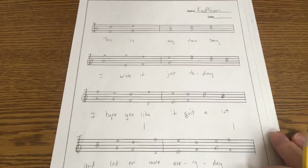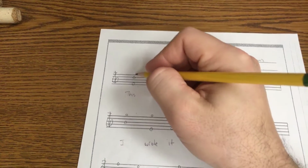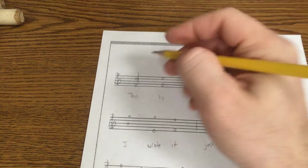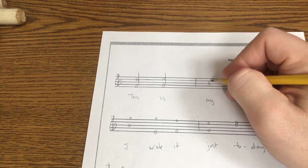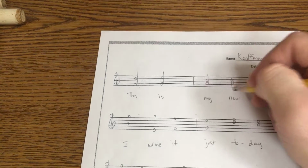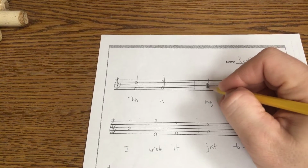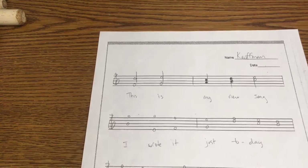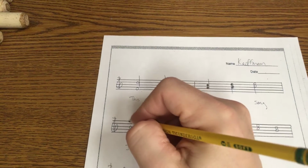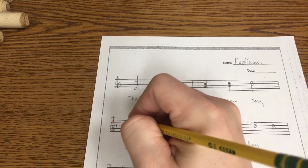There it is, harmony, and it also helps us to define our rhythm now that we can put our stems on. Let's just go ahead and call these half notes, and 1, 2, and the same thing here. 1, I'm going to turn those upside down, 2, 3, but actually these need to be quarters. We'll fill them in with a nice half note there for the word song, and why don't we keep that going? These will be quarter notes